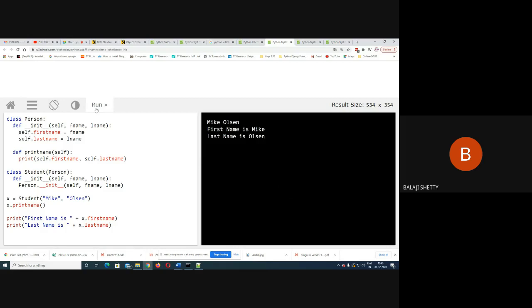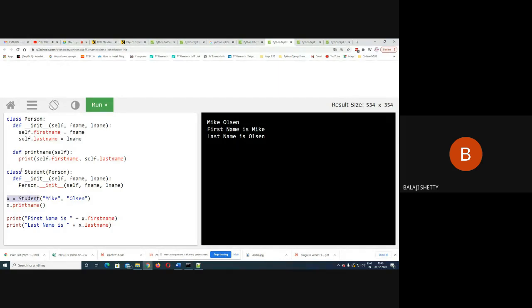Now what I am showing to you, I am accessing the first name and last name of the base class with the help of the object of the derived class. The Student is the derived class from the Person class, and this x is the object of the Student class.